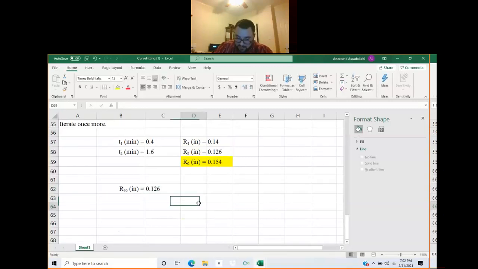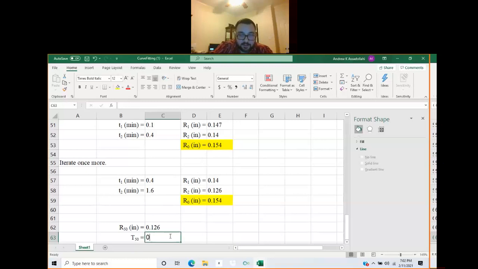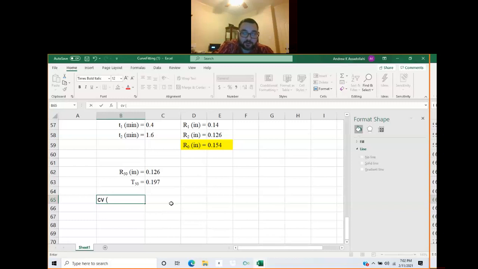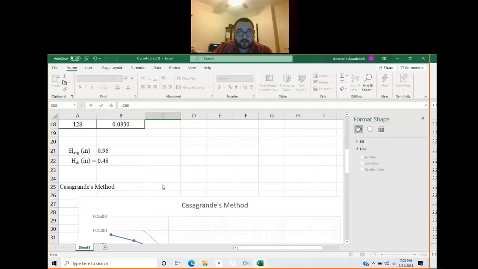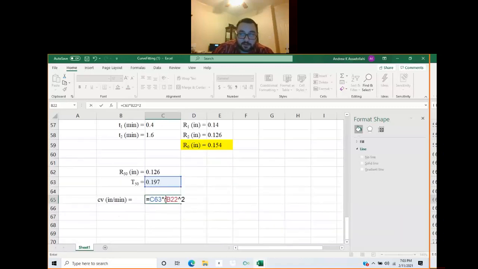and there's our R50. And from here, we know from a handout what the time factor, capital T50, is. If you look at your time factor table, that's 0.197. Oh, my Excel jumps around sometimes. 0.197. Okay. And then from here we can calculate the coefficient of consolidation, C sub V, in terms of inches per minute. It's capital T50 multiplied by HDR squared. We already have the drainage height right here, squared, and then we can divide all of this by